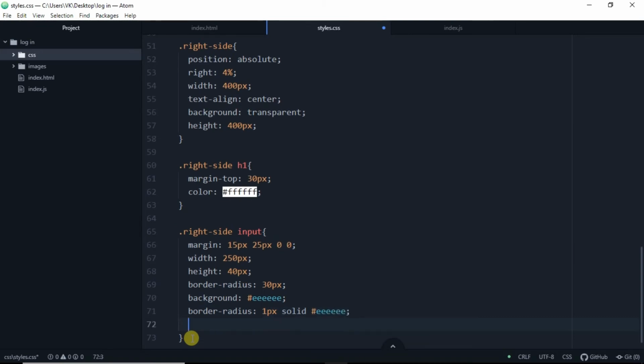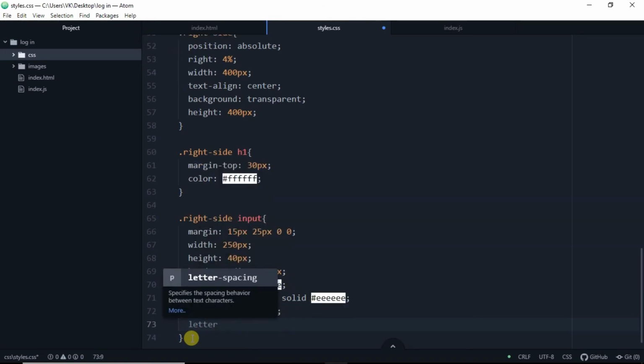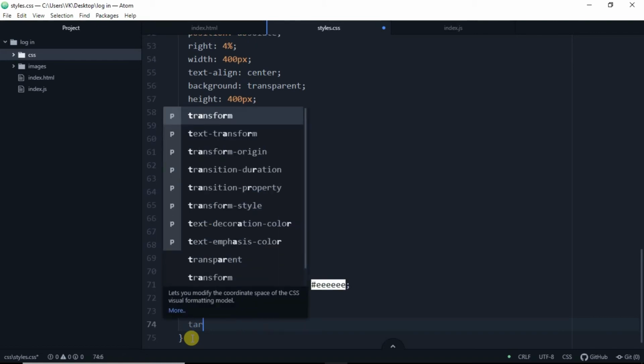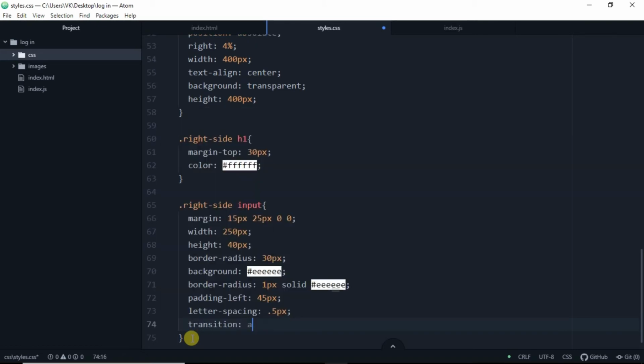And the border radius, padding from left will be 45 pixels, letter spacing will be 0.5 pixels, transition all 0.4 seconds.